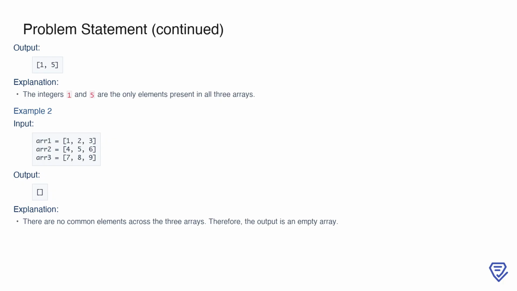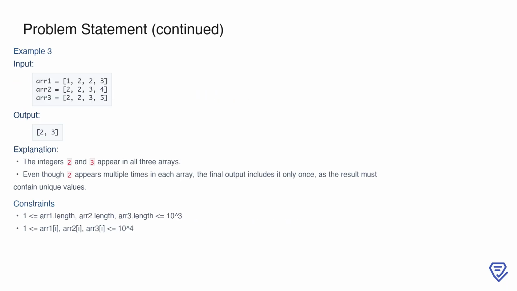In contrast, for the second example, the input arrays are ARR1 equals 1, 2, 3, ARR2 equals 4, 5, 6, and ARR3 equals 7, 8, 9. Here, there are no common elements across the three arrays, so the output is an empty array. These examples demonstrate that the solution needs to carefully identify the shared integers while ensuring the result is correct and